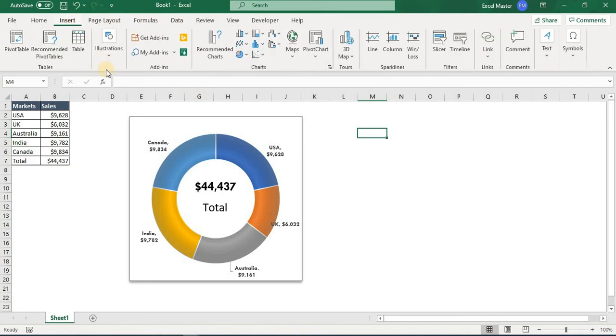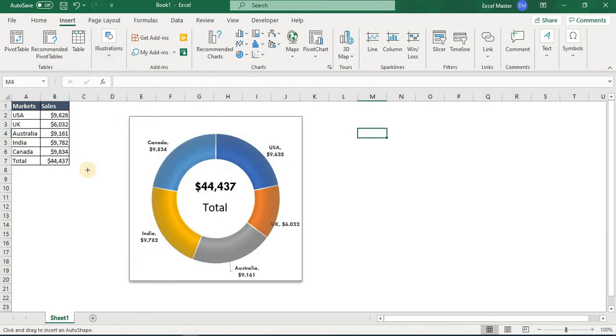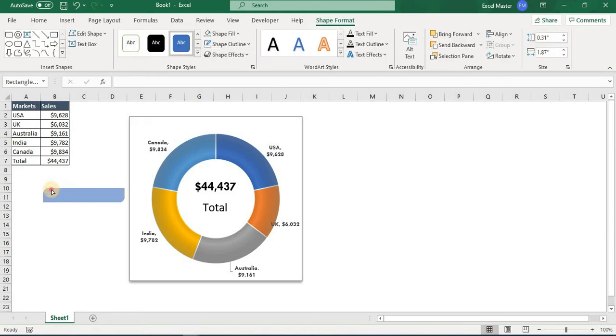We will go to Insert, Shapes. You can see this shape, you can drag it, and we'll make a nice shape. We will set the shape outline as no outline, and we will write Hollow Circle Chart in Excel. Whatever title is related to the chart, we can add it here.